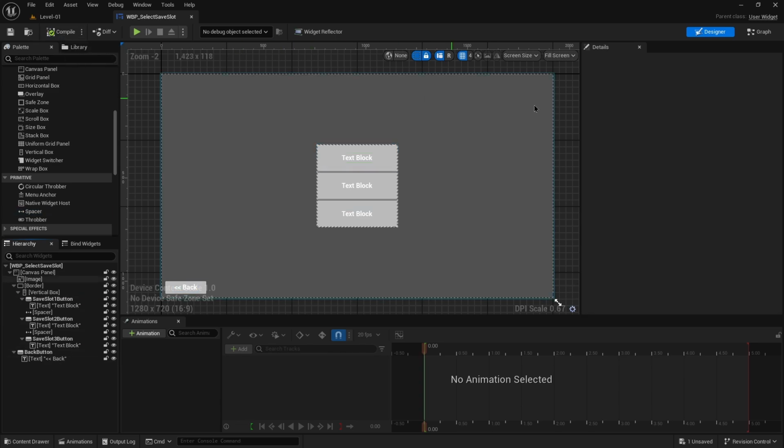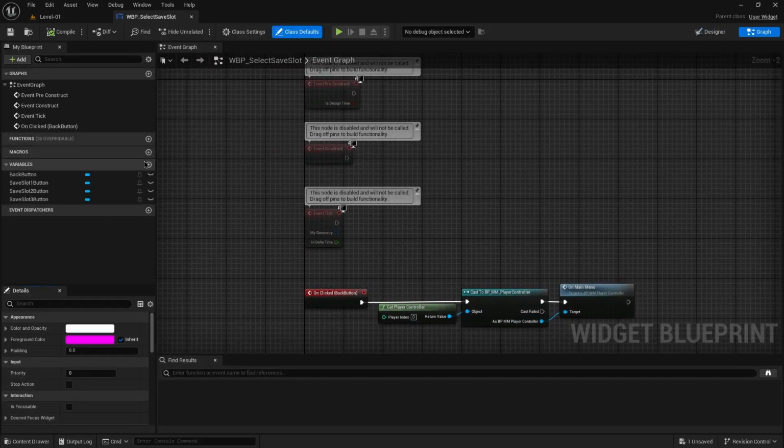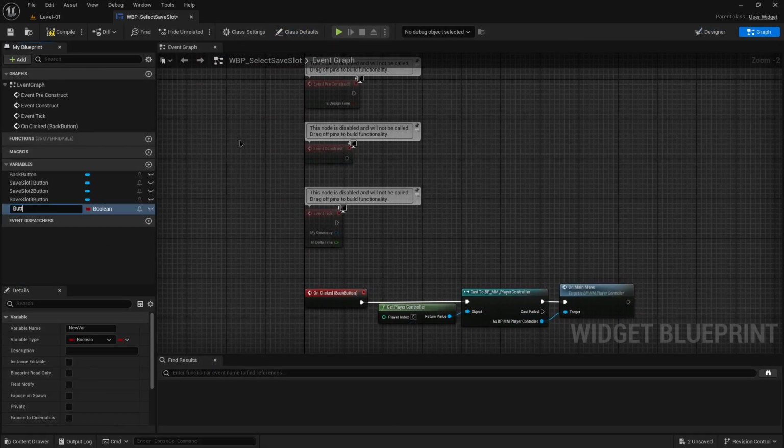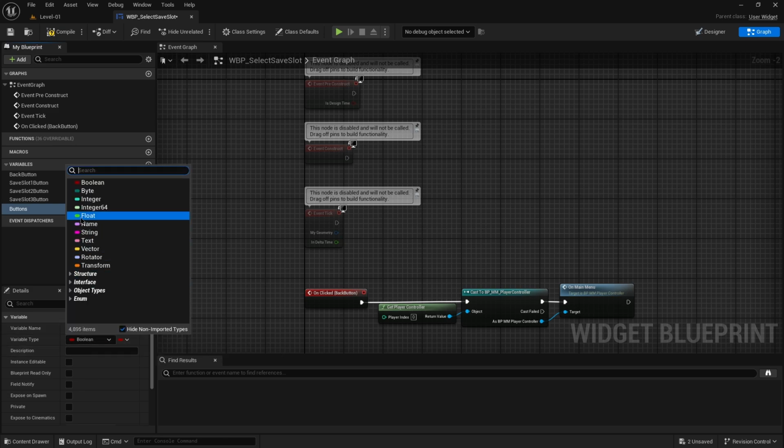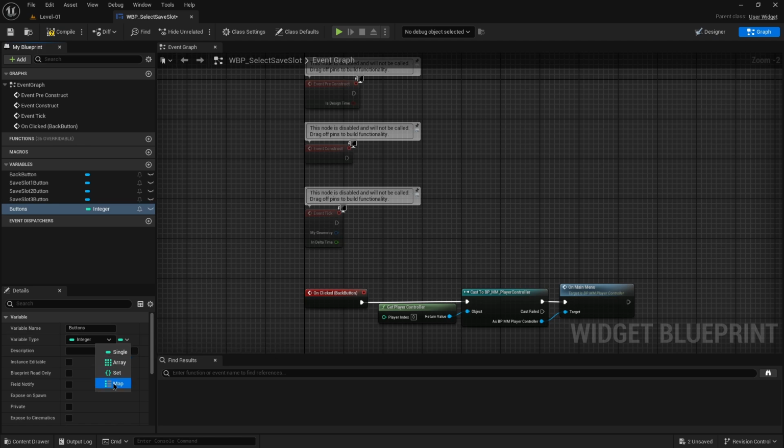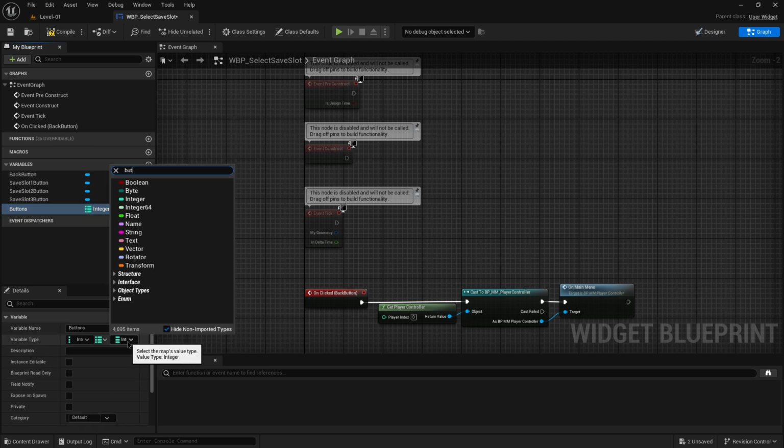With that done, we're going to go into the graph and create a few variables here. First, we want our buttons in a map. So this will be buttons, type is map. Oh, you have to change this first, I guess, to get the map. Yeah, can't Boolean a map. And in this case, it's going to just be our button